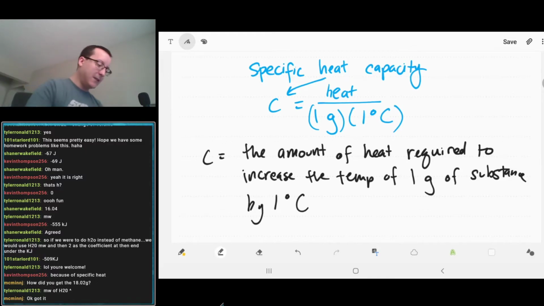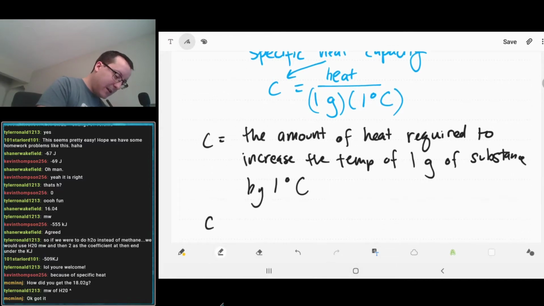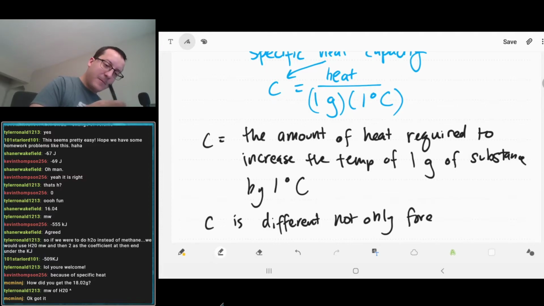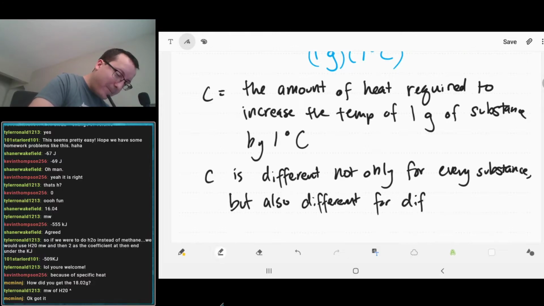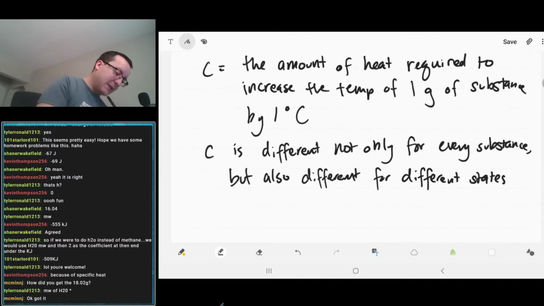And we're going to see C is different not only for every substance, but also for different states of matter. For example,